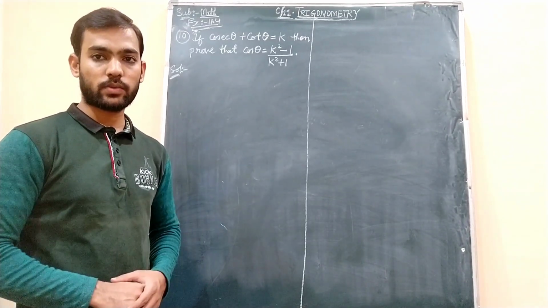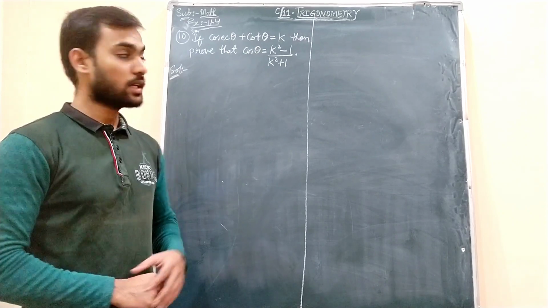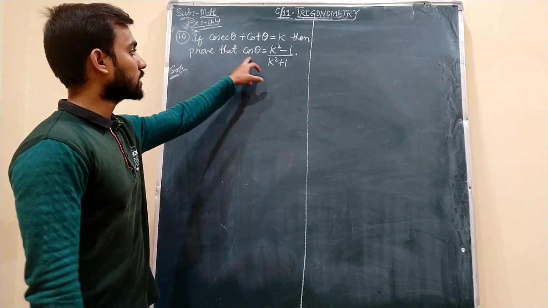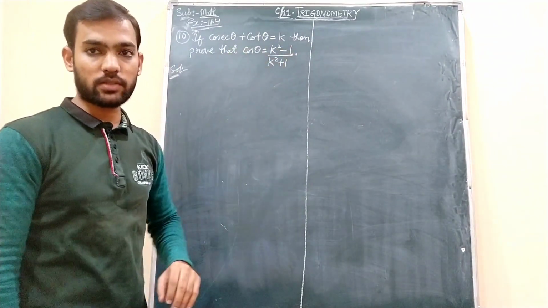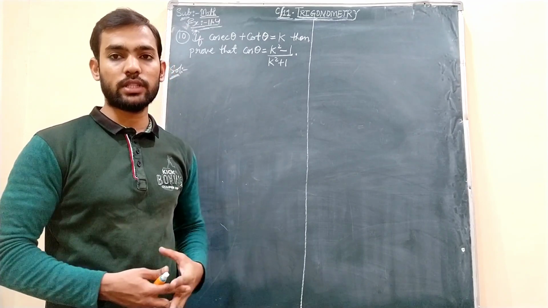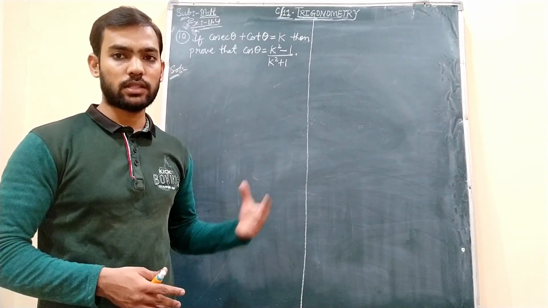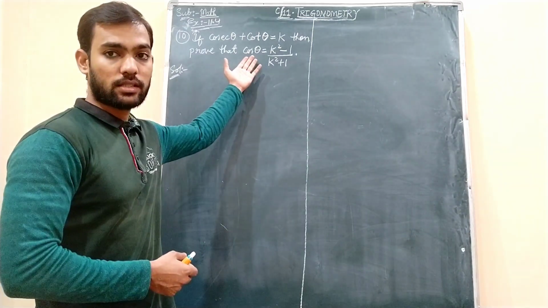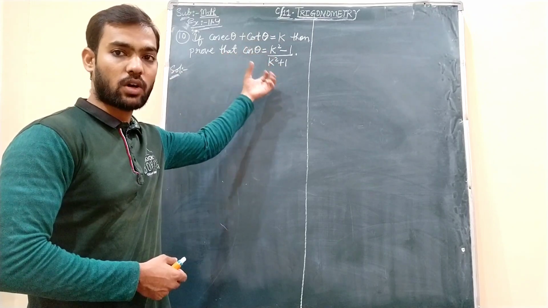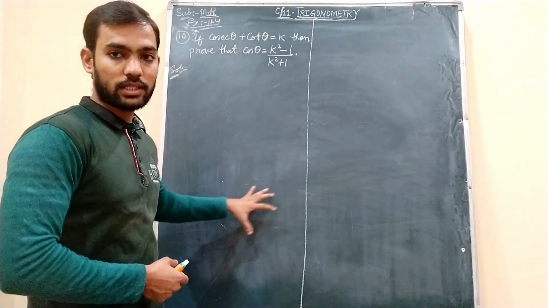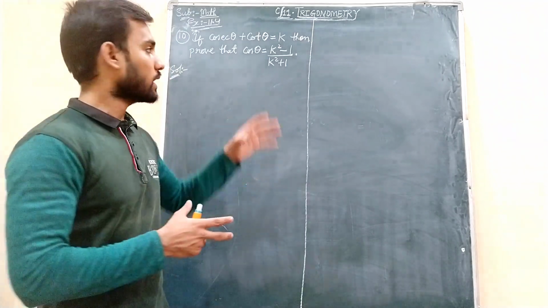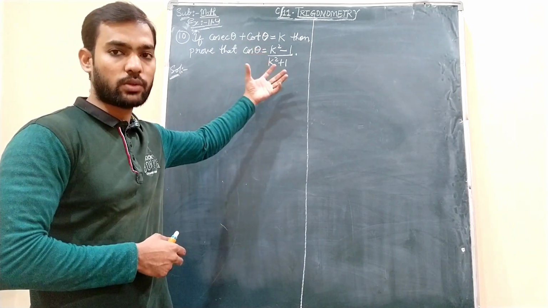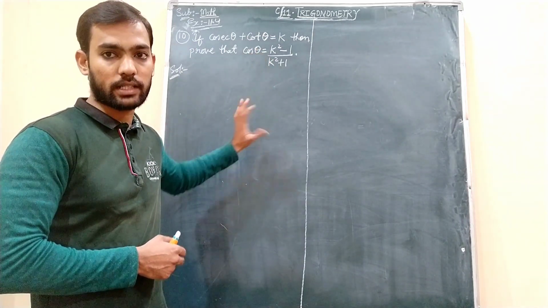As I said, question number 10 is very important, so listen to this carefully, students. Here what is given: if cosecant theta plus cot theta equals k, then prove that cos theta equals k square minus 1 by k square plus 1. Actually there are many methods to do this solution, but I hope that the method I am explaining can be called a universal method, because if cos theta is not given, and any other ratio is given, tan, cot, secant, then also the method that we are doing now is very helpful in case of any ratio if he asks in the examination. Instead of cos theta, if he asks any other question also, you can do it very easily if you understand this method.